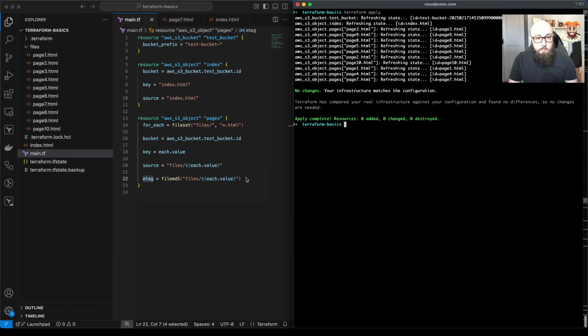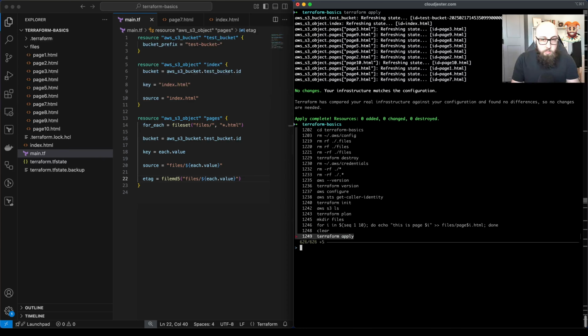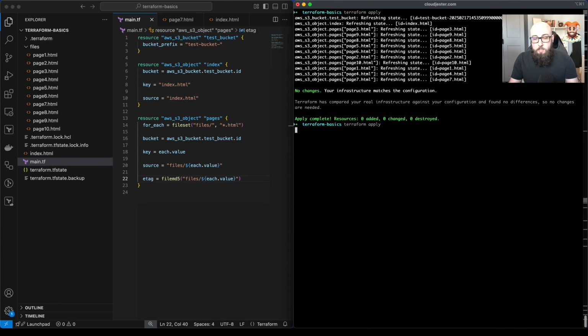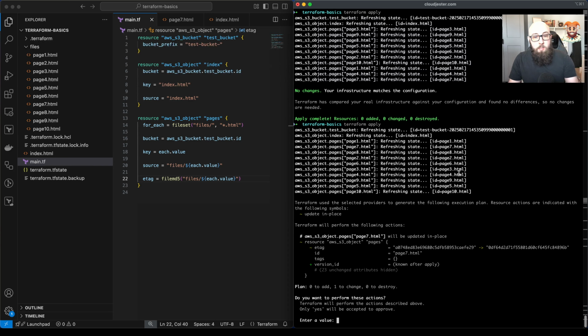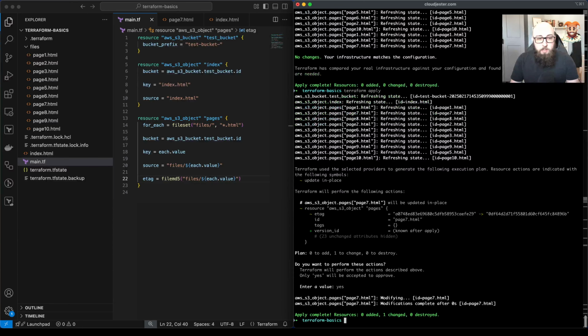And what that means then is that S3 stores that tag, and then if we change the file, I'll demonstrate, if we change the file, that tag will change, and then Terraform knows to upload the new contents. So make sure you include that basically anytime you're uploading a file directly to Terraform, otherwise you may get quite confused at why Terraform doesn't want to change the files. Okay,